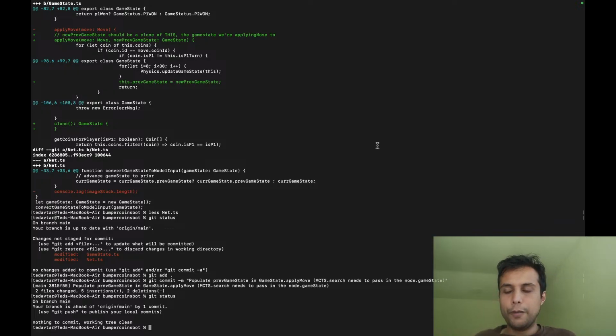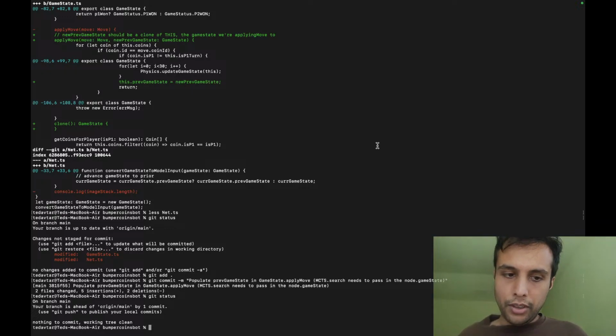But now to encode velocity, we need to encode previous states as well. So we need a linked list or a sliding window or some collection of multiple states, the historical states. And because of that, it's fair play that we need to propagate those changes to MCTS. So it's not that general yet.